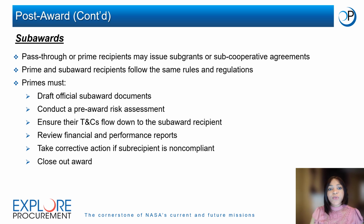When necessary and with the grant officer's prior approval, recipients can issue subgrants or sub-cooperative agreements on their awards. An entity that issues a subaward is called a pass-through or a prime recipient. Prime and subaward recipients follow the same rules and regulations, such as 2 CFR 200, 2 CFR 1800, and the prime award's terms and conditions. When a subaward is issued, the prime recipient's responsibilities include